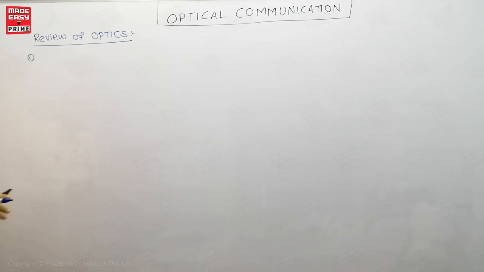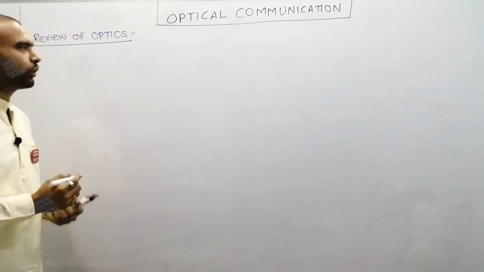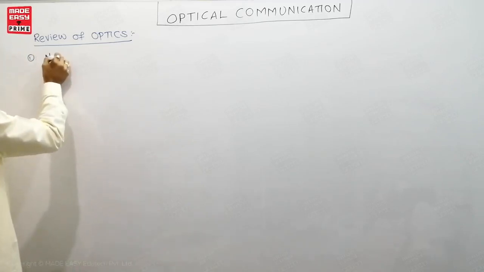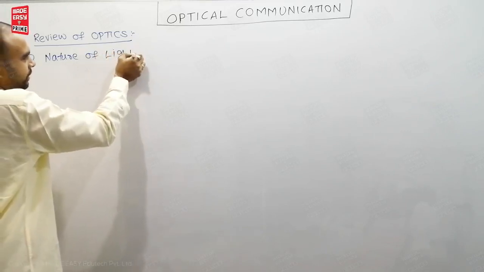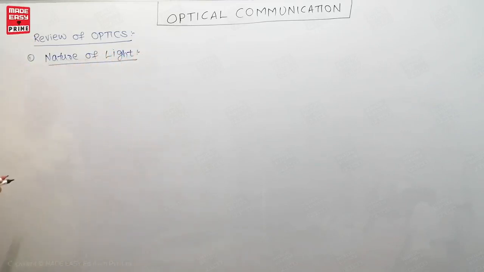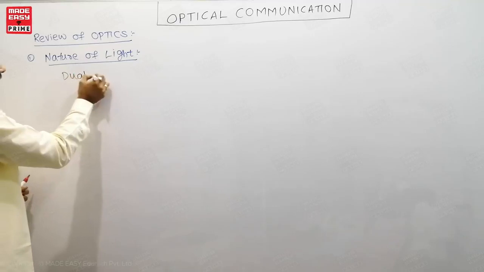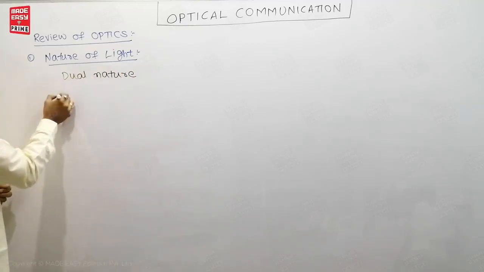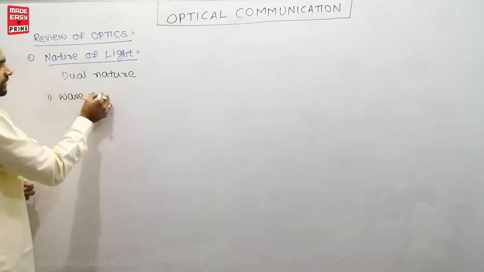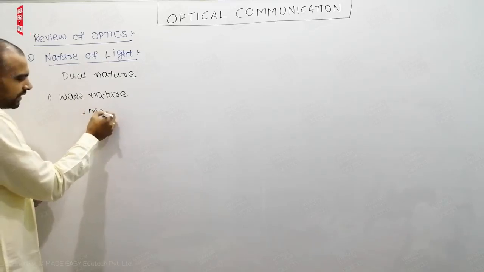Next topic is review of optics. Before starting this one, I want to tell you about the nature of light. If you see the nature of light, light has a dual nature. The first one is called the wave nature. The wave nature was proposed by Maxwell,